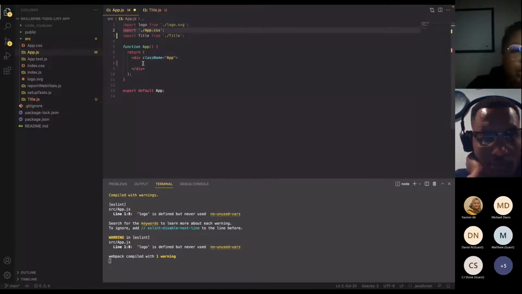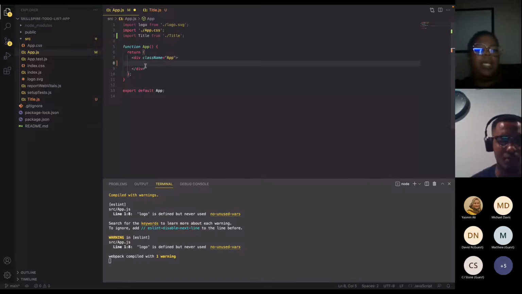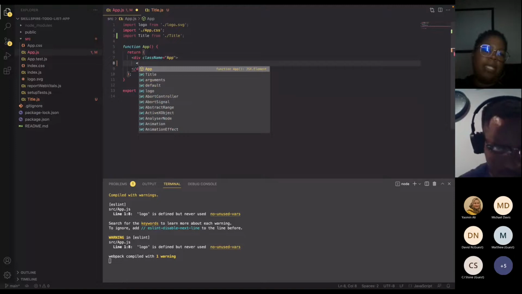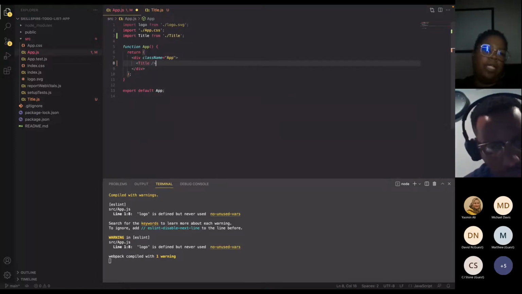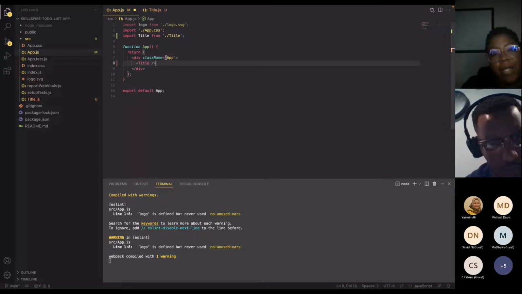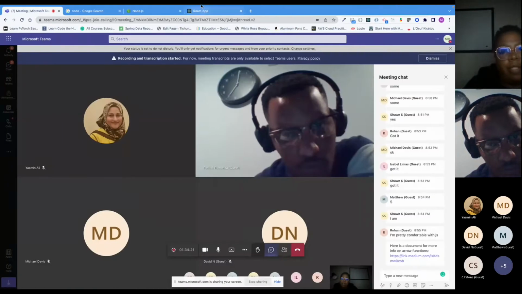Now I want to use my title component. So what I'm going to do is on line 8, between those two div tags, I'm going to type title, just like as if it were an H1 or something else. I'm typing title and it's going to give me everything from my title file over here in my main app.js file. And then when I go to my browser,